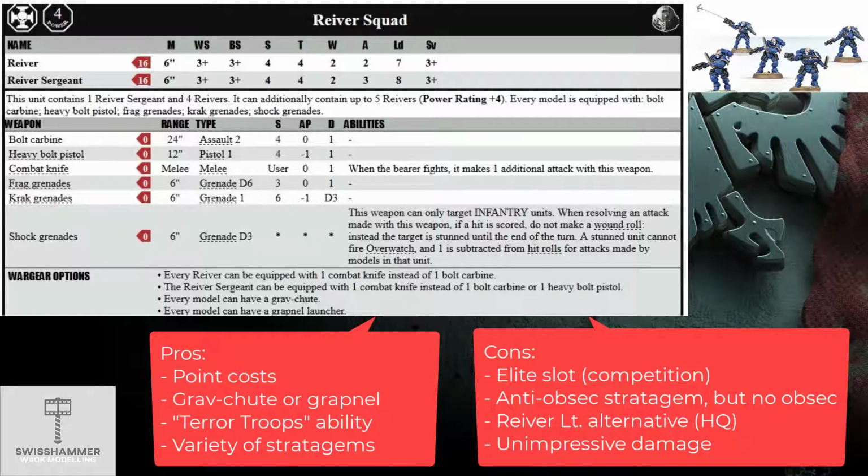grav chutes. There are a variety of stratagems tied to them, such as Guerilla Tactics, which lets them be put back in reserve, Terror Troops, which disables OPSEC on units and has a chance to make an enemy unit fail their action, or Shock and Awe, which basically prevents a unit from doing Overwatch and gives them a penalty to